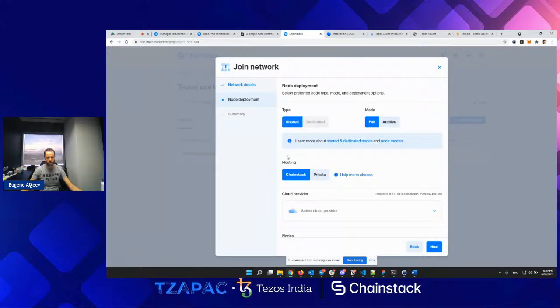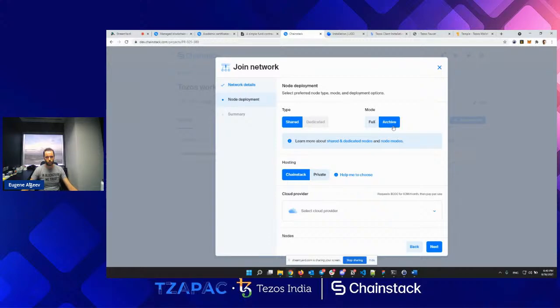So basically, I can deploy shared or dedicated nodes. In this upcoming release, we're going to support shared nodes, which is basically API gateways to any given network. Later, we will support dedicated nodes as well, which you can use for stuff like baking, and you can use them as your dedicated RPC endpoints as well. So it's a high performance way of interacting with Tezos mainnet and testnets.